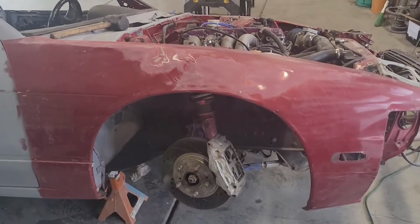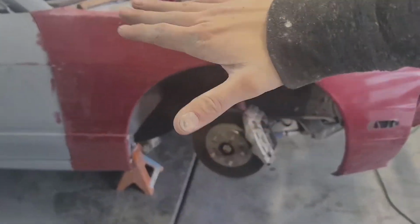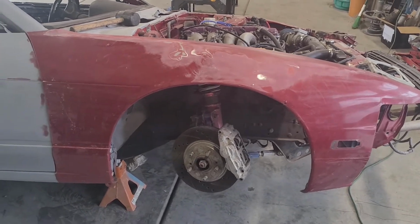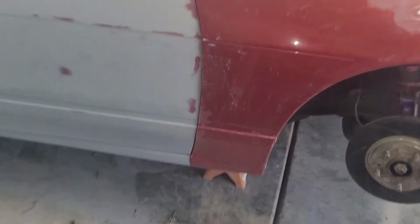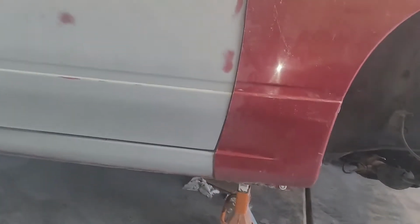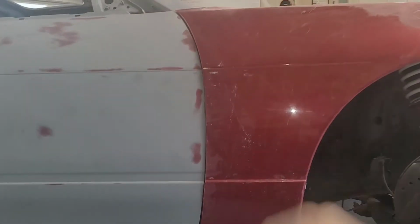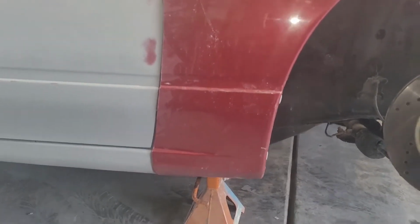But what I've gone ahead and started doing is, with all the bolts in place, and I've actually had to kind of physically bend the quarter panel a little bit here and there to get the bolts to line up in place. But now that I've got all my bolts in, I'm able to wiggle and push and just try and mold this quarter panel to fit. And I've got my gaps pretty close. If I get that bolt that goes in the fender right here, that's gonna hold this door body line, because it's actually pretty okay up here. So if I get that bolt in the fender down there,